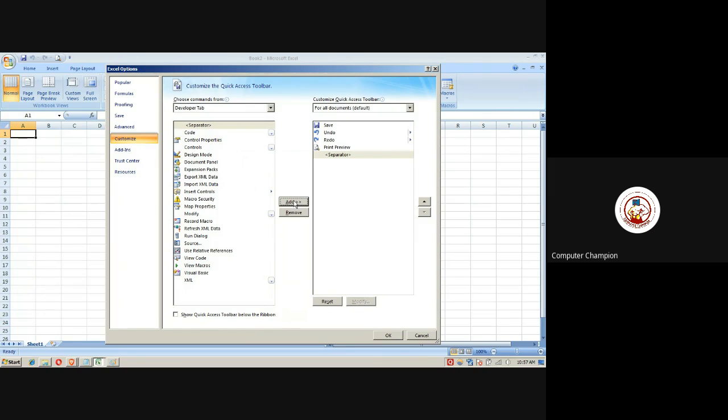These all are the shortcuts, the quick access toolbar.